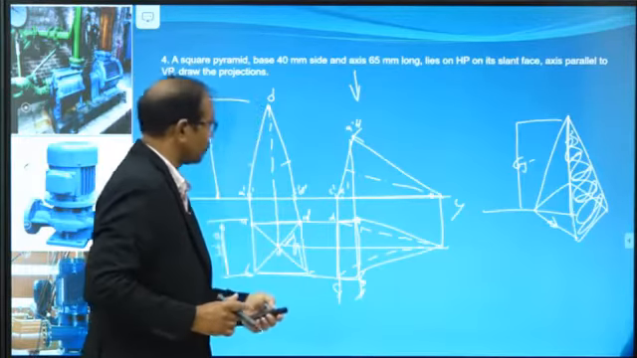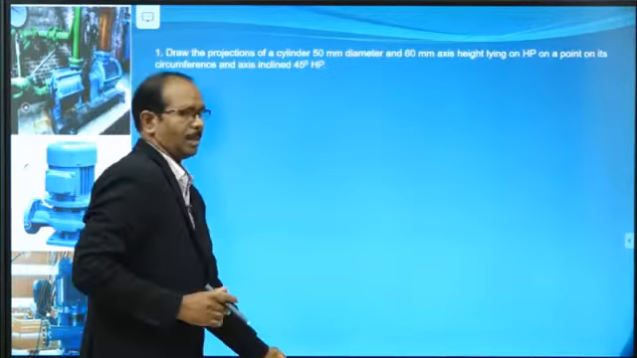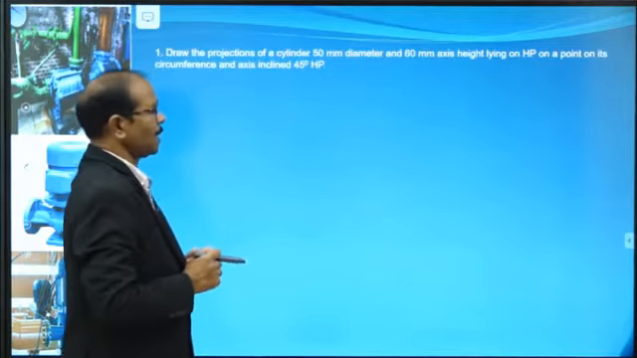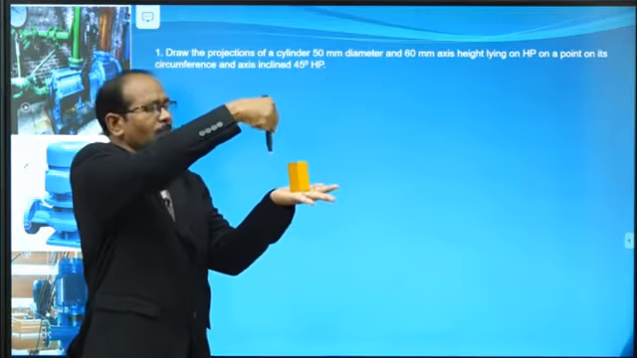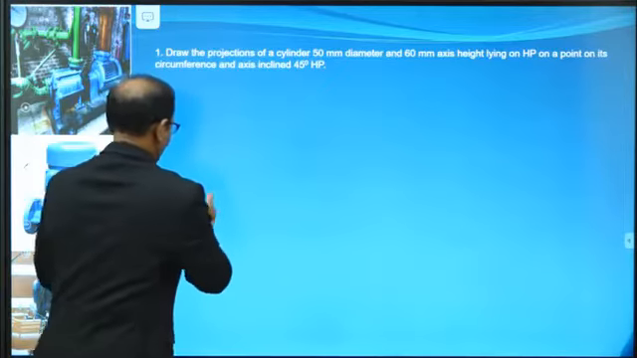Now let's see the next problem. Now cylinder, a very simple problem. Just observe the cylinder like this. Top is a circle, front is a rectangle. Just to draw the